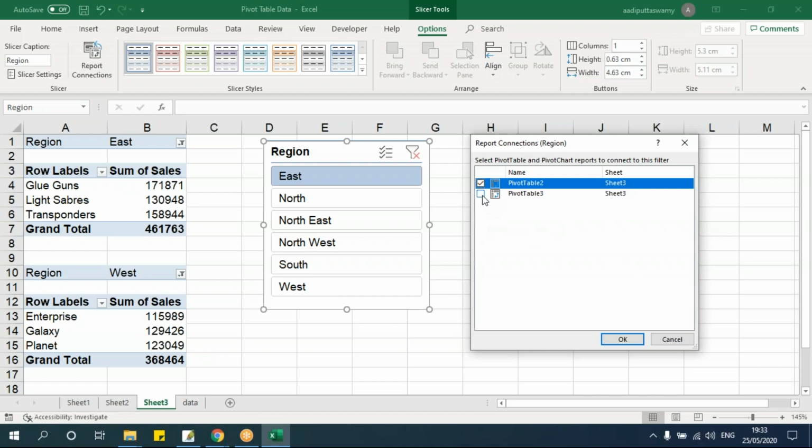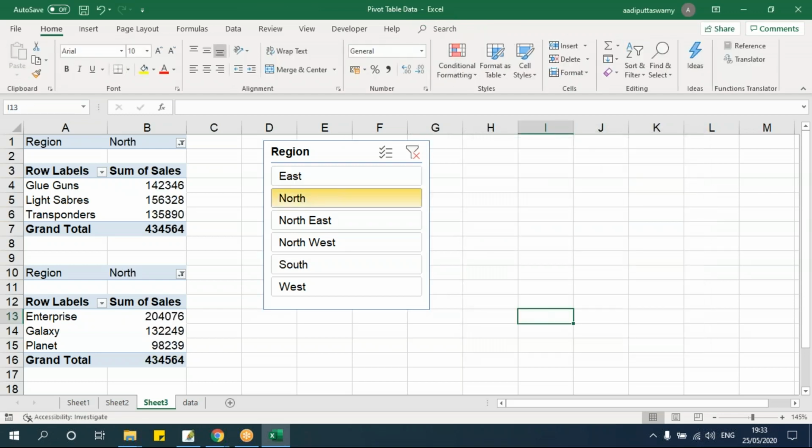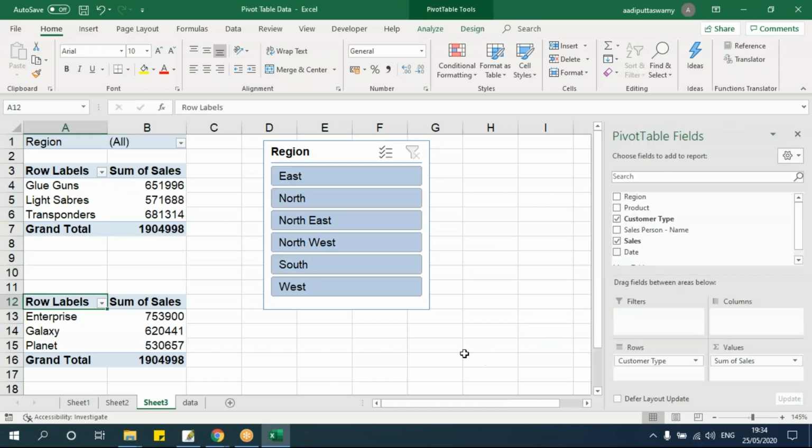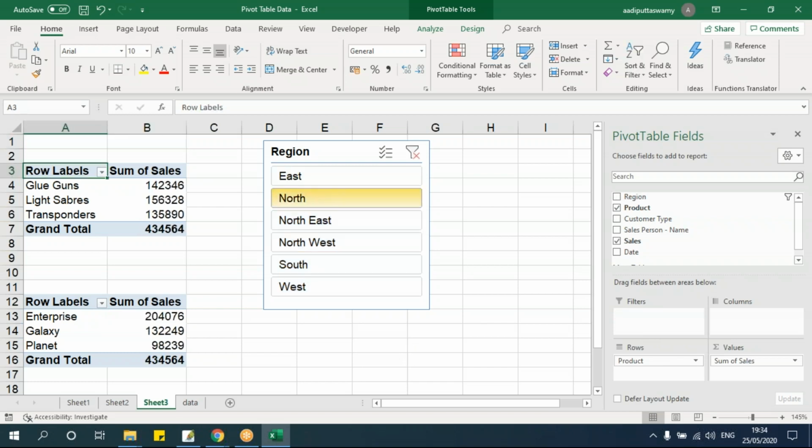So let me go here. I'll select the pivot and say okay. Now let me just click on this. See, now both the tables are getting filtered. You can see that even this main filter. Now I don't want this. Let me remove this. I'll go here. I'll try to remove this. Now see,